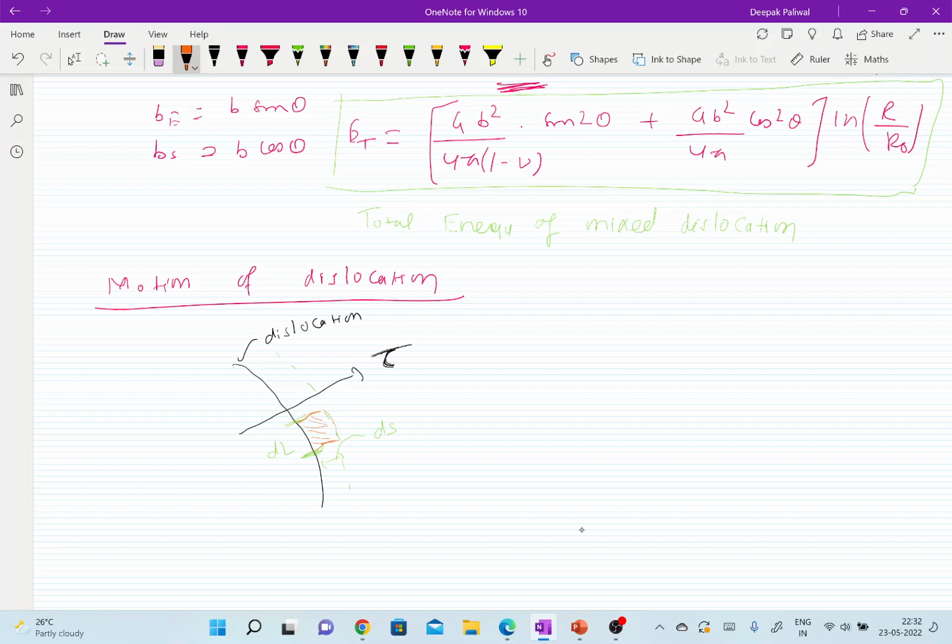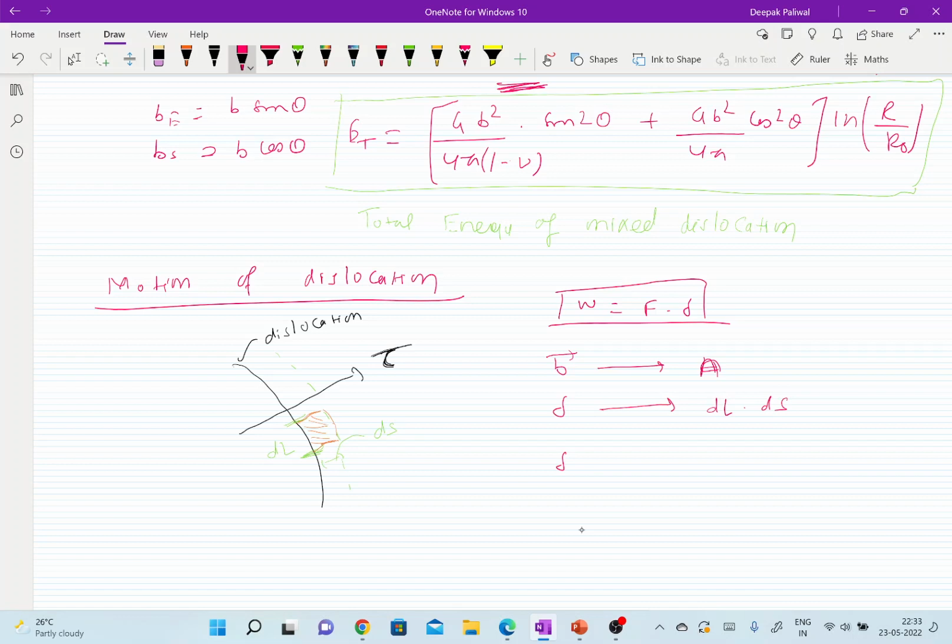So I want to write the equation of work. The work is equal to force into displacement. Let us understand by a corollary. When we move a dislocation by a unit Burgers vector, then it will sweep an area equal to A. When a delta displacement happens, or a dislocation moves by a delta displacement, then the area swept by a unit length dislocation by the movement of a unit distance would be dl into ds.